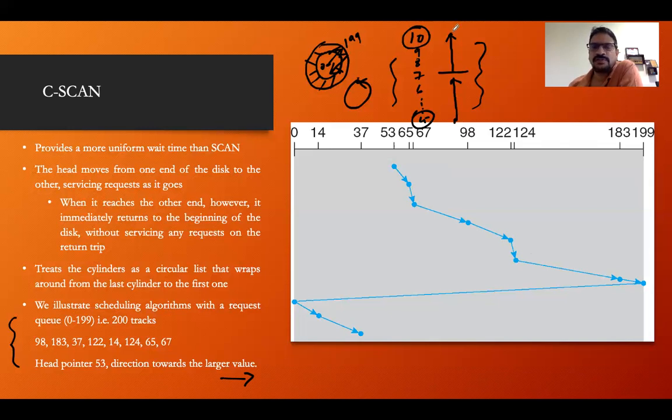As I told you, if the elevator reached the 10th floor, it means that from here only it is coming here. But practically it doesn't happen, right? So let's calculate how many seeks have been done. From one direction I'm moving, so the last one is 199: 199 minus 53, where I started the journey, plus from 199 I move to 0, plus from 0 I move to 37.